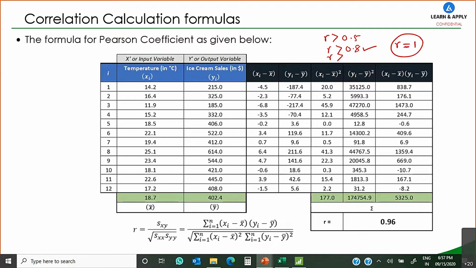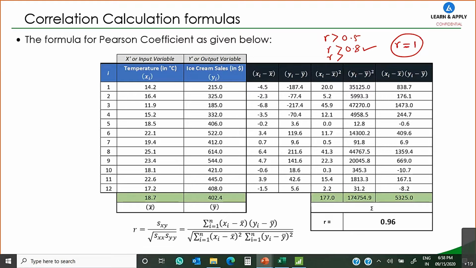Yes, sir. For example, if I am going to plot the chart and I came to know my R value is 0.5, then I can demand more readings. Yes, you may require more readings, or you can say that there is no relationship. That's why the role of process knowledge comes into picture.